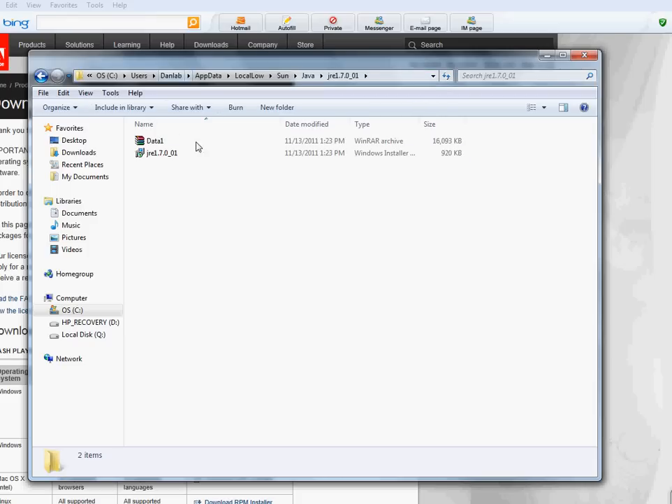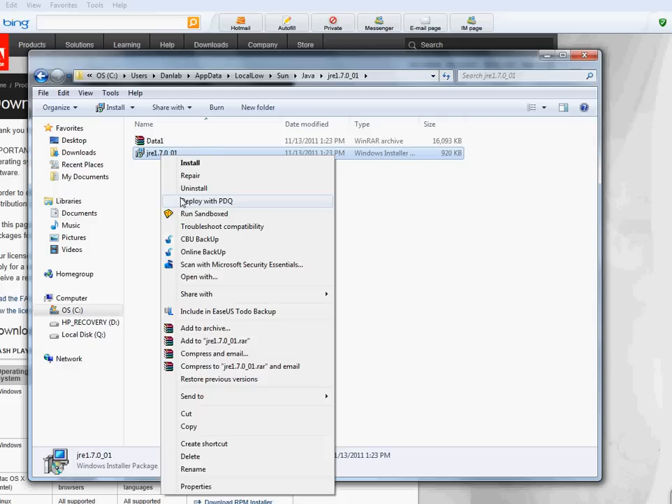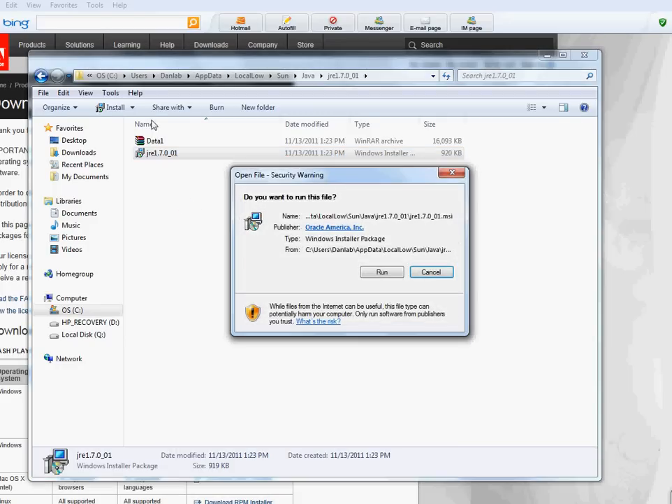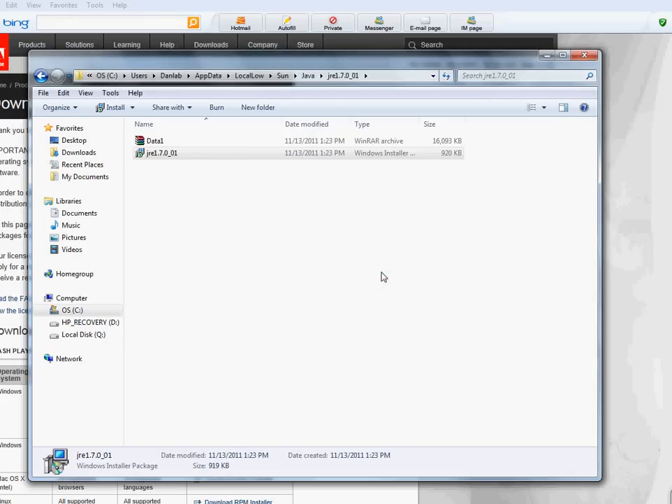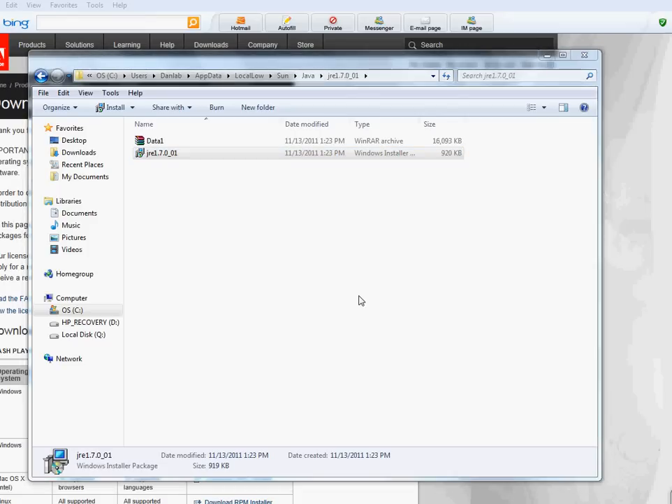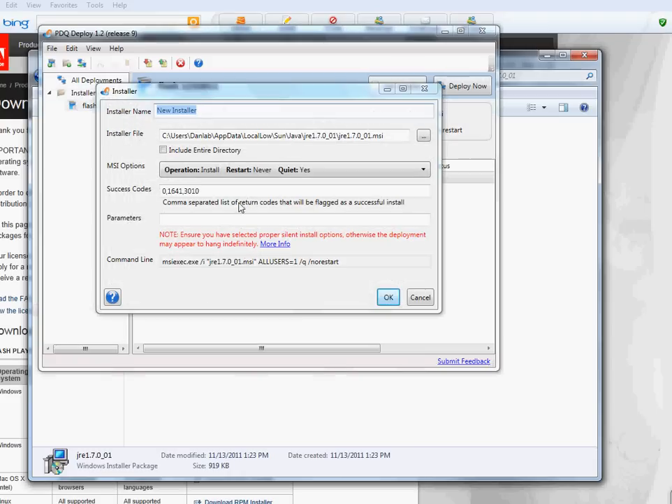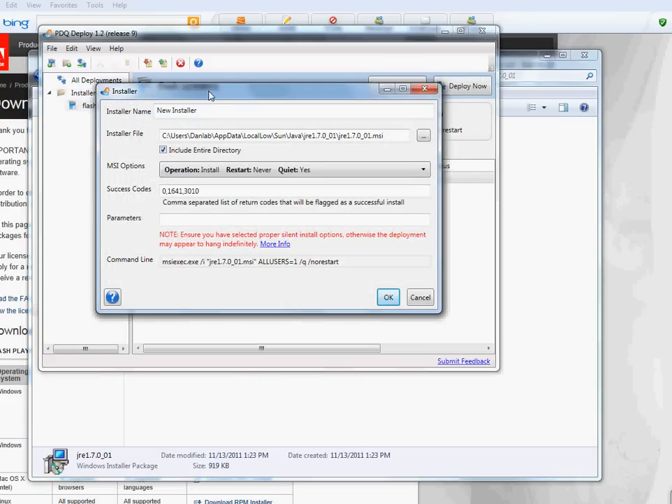But if you want to do it directly from here, you can just right click on here and deploy with PDQ. You don't have to put this in the deploy folder. You can always do this from here, because every time you install a new version, it's going to be added here. So that's a good way to keep track of it. Then you click on run, and for this one you have to include the entire directory, because this data file is important when you push this